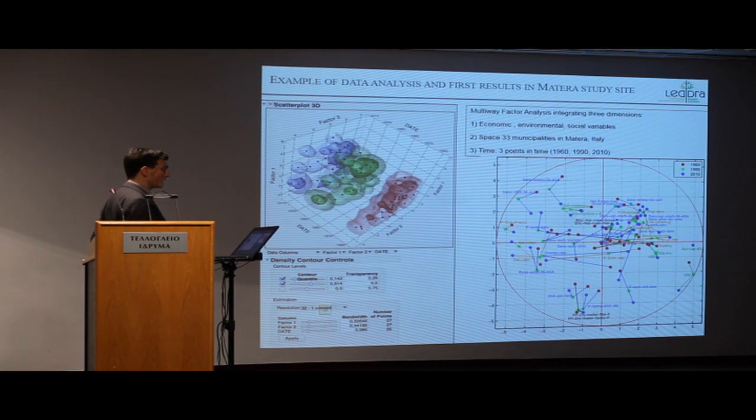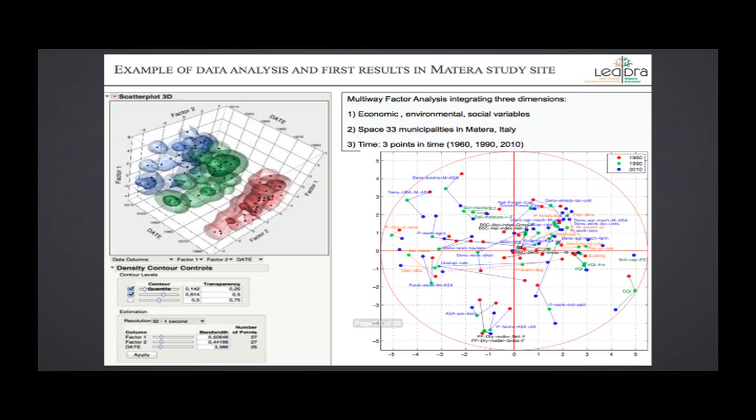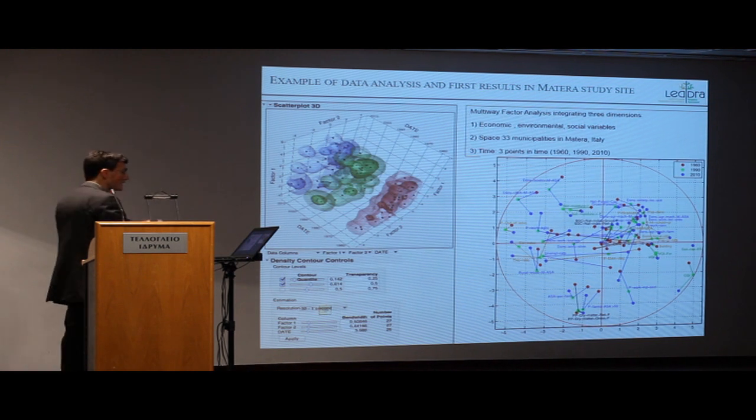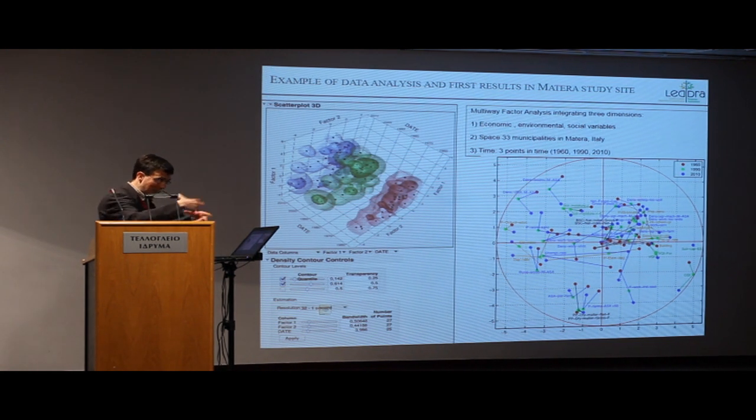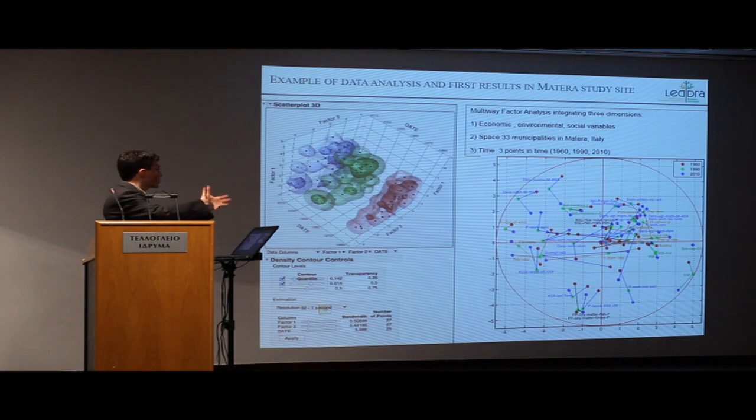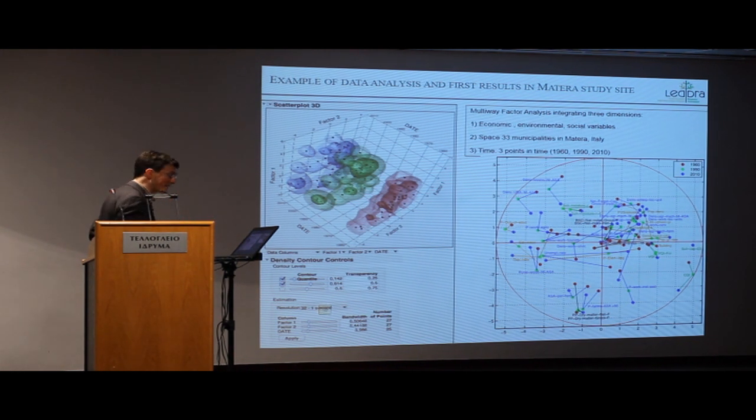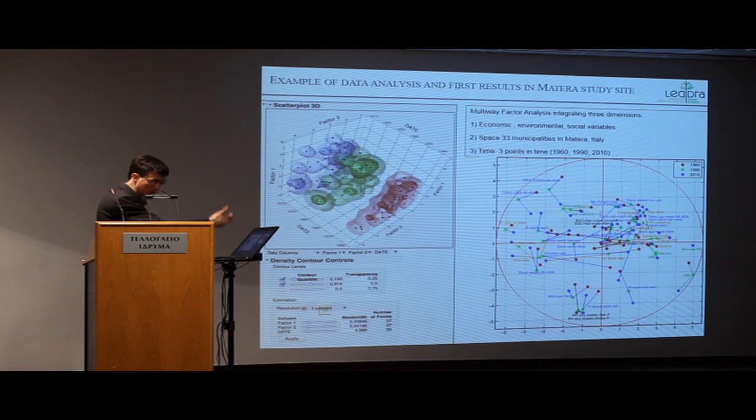Here is a typical output of the software, which is telling us the rapidity of change of each input variable in the system. You can see here the first year of observation, the second year and the third year, 50 years of observation, and you can see the length of the arrow as a measure of rapidity of change in the field of all the variables considered. So you can have an idea of how the complex system of land vulnerability to degradation is changing in the last periods,